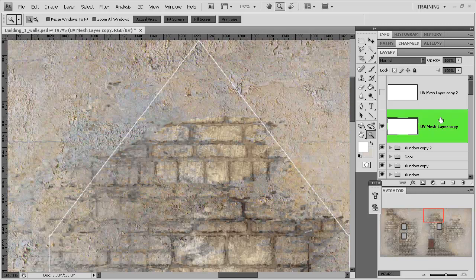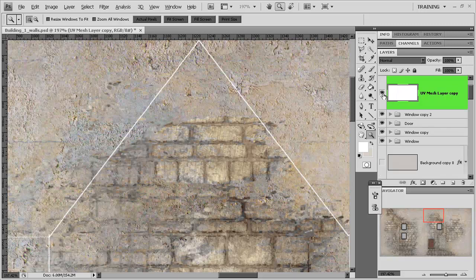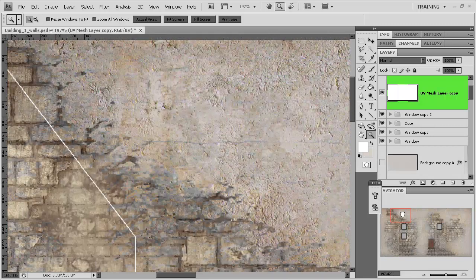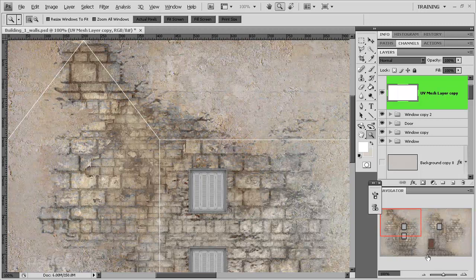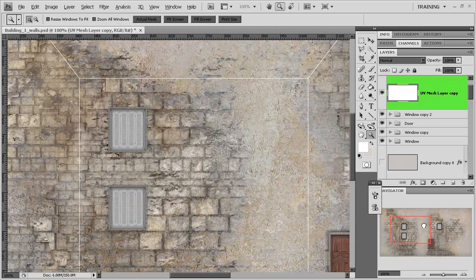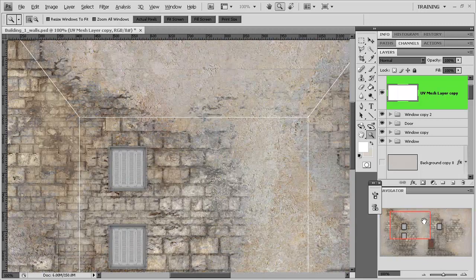So what you can do is just create a duplicate of the layer and then merge it down. And that will enhance the overall line and thicken it up a bit if needed. A lot of different things we could do. If we wanted to just kind of accent the edges, we could